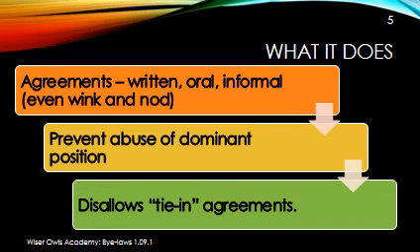Another important point is that it disallows any tie-in agreements. In other words, if you buy this product, you have to buy these services or you have to buy another product. For example, if you buy a car, the car seller forces you to tie in a service agreement for a certain number of years. We shall look at that shortly in the later part of this lesson. So any kind of a tie-in agreement, whether that is regarding purchase of another set of goods or for services, is simply disallowed.